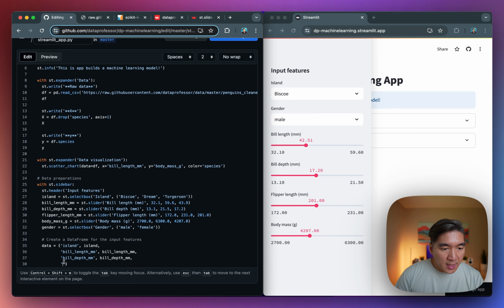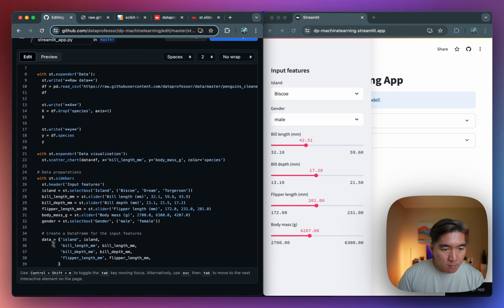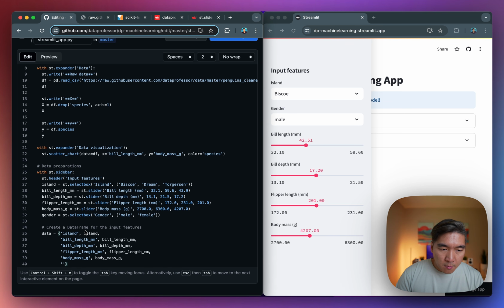And we have flipper length. Body mass, then we have gender,